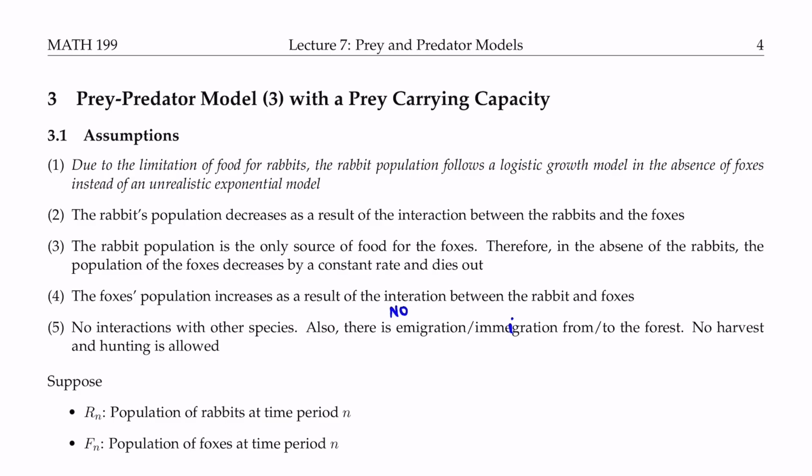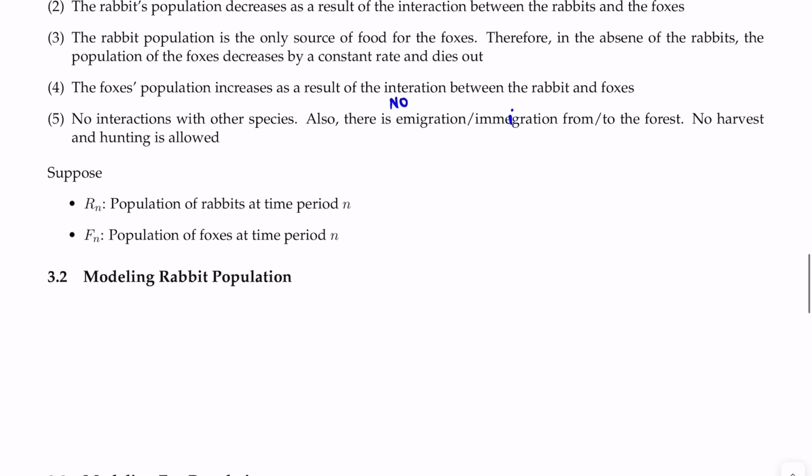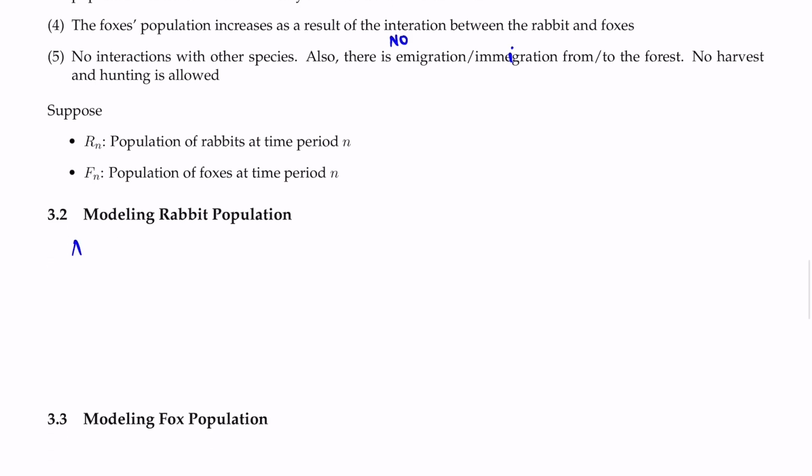Now again, we're going to name R sub n to be the population of rabbits at time period n, and F sub n is the population of foxes at time period n. We're going to use the first two assumptions to model the rabbit population, and assumptions 3 and 4 to model the fox population. So from assumption 1,